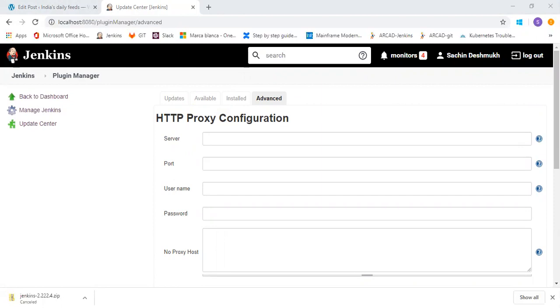There are other configuration labels such as system information, where you can see the list of all current Java system properties and system environment variables. Here you can check what version of Java is currently running, what user is running under, and so forth.